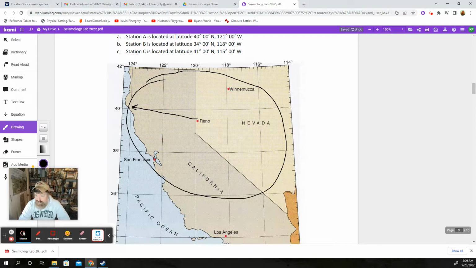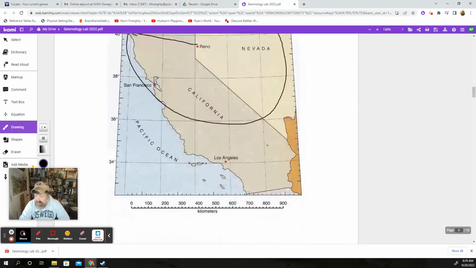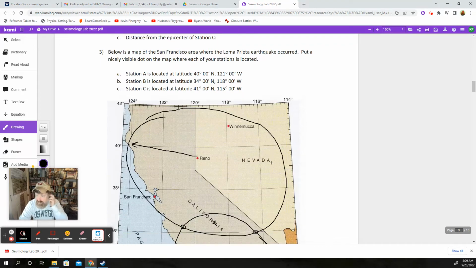But if you do it with a second one, then they're going to intersect at two spots. And let's get rid of one misconception. Let's say we did it around LA and we said it's a perfect circle right around those. What people will say is, oh, well, the earthquake must be here in between those two. And that's wrong. Where the earthquake would have to be is either there or there. Those are the only two spots that obey both situations, that are both that far from Reno and that far from LA. So you do a third, and then you would get the exact location. Now, I'm not going to have you do it, but that's the idea behind it.